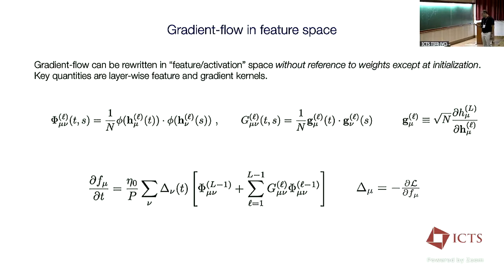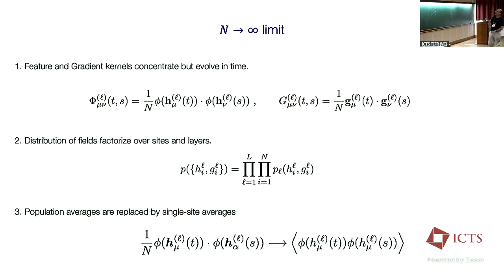Okay, good. So the thing I want to say is that these are dot products of some quantities, and every time you initialize this network, it will of course be a different draw. So with respect to initialization randomness, these are random quantities. If I take the limit n goes to infinity, I'll just tell you what happens. These are going to concentrate and become deterministic quantities, sort of like the mean field kind of thing. They won't have fluctuations.